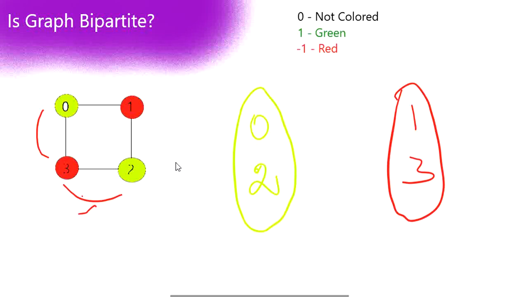So we are searching for the next node. There is no next node, only nodes till 3 exist. In this case, we have traversed all the nodes and we haven't found any connections that differ or any connections within the same subset. So finally, we have to return true.